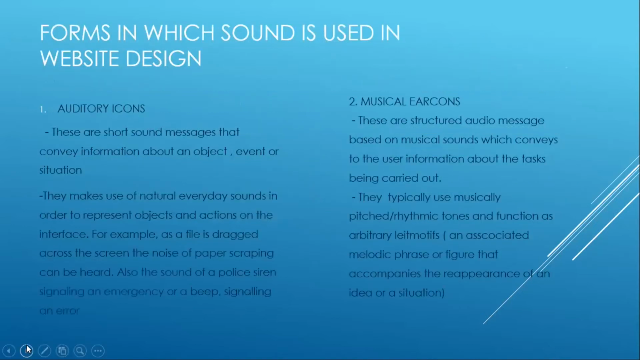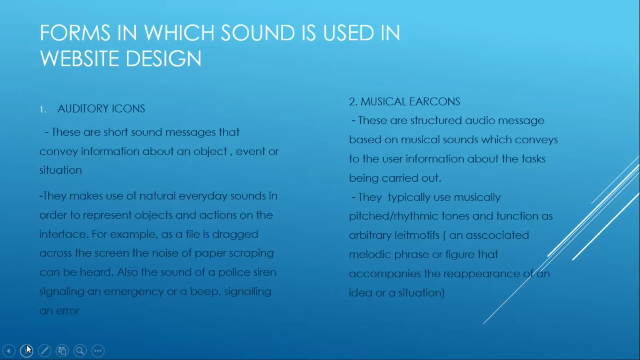So, forms in which sound is used in website design. Number one is the auditory icons. These are short sound messages that convey information about an object or a situation. They use natural sounds that we hear in our everyday life so that we can relate to them, and they increase